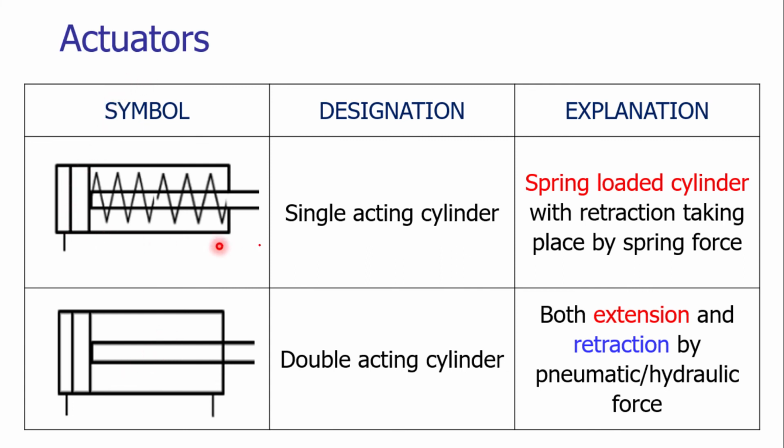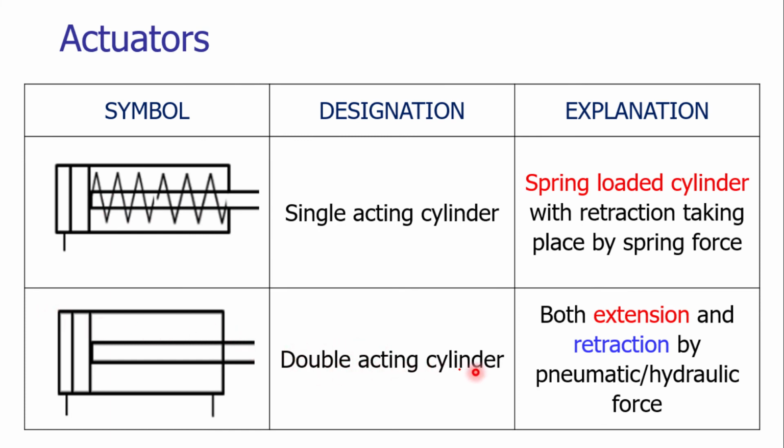The hydraulic actuators such as the single acting cylinder and the double acting cylinder can be seen on your screen. The single acting cylinder has the piston and the rod. The rod and the piston have a spring. When we apply the hydraulic pressure at the top side of the piston, the cylinder will be extended. However, restoring of the cylinder will be done by the spring force itself.